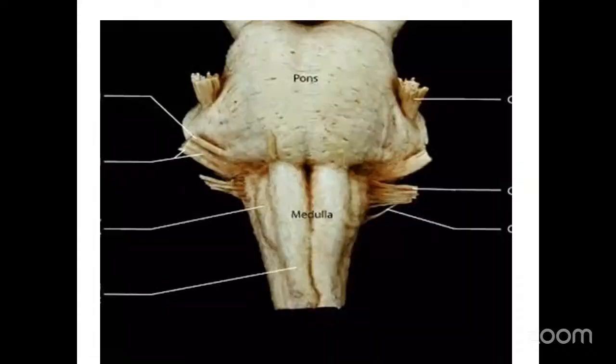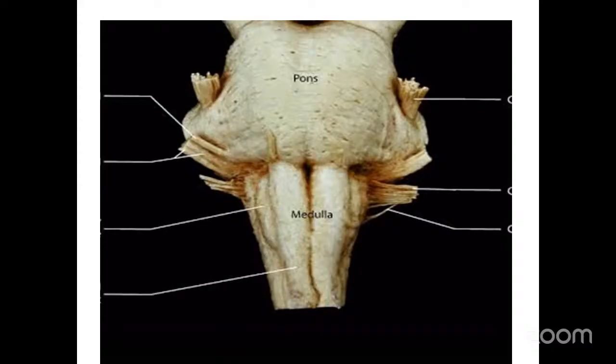Step by step, we will discuss the gross and detailed anatomy at each and every part. When we see the medulla oblongata, that is the lower part, from the cerebrovertebral junction and the foramen magnum. It starts from there and ends at the pontomedullary junction. Below, it is continuous with the spinal cord, and above it has the connection with the pons. There are two main surfaces of the medulla oblongata.